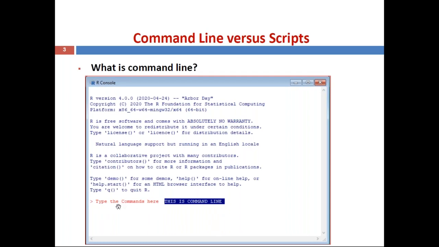At the bottom we can see, in red color, "type the commands here", which is the command line. So all the commands or statements can be executed using R software in this R console window, which is called the command line. So that is the command line of R software.